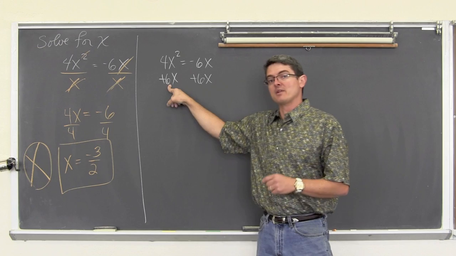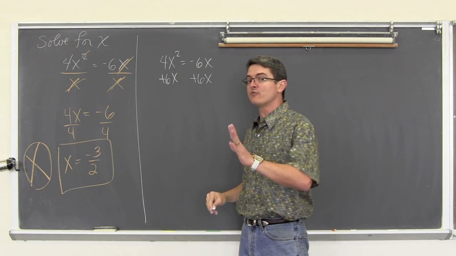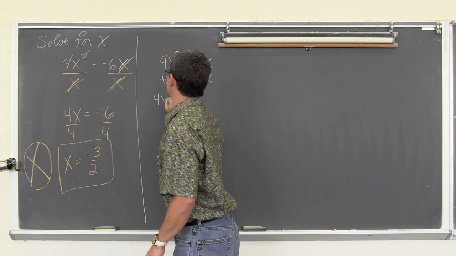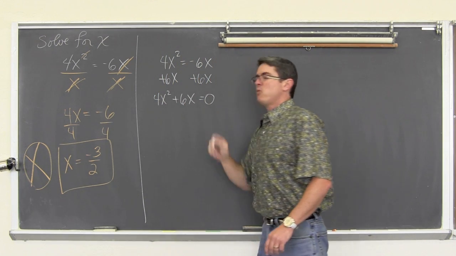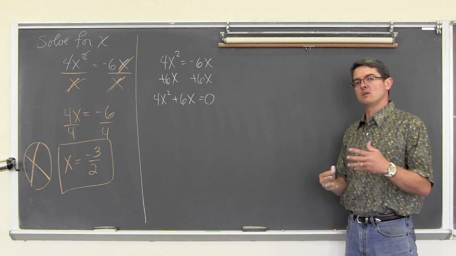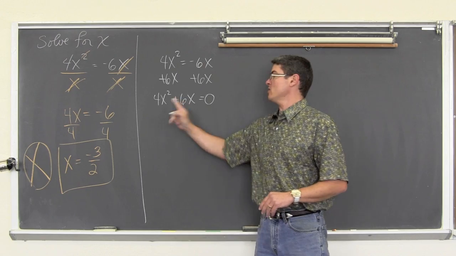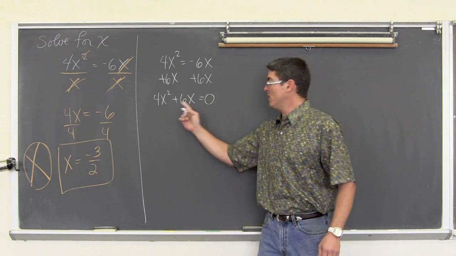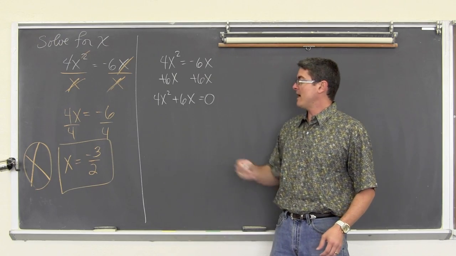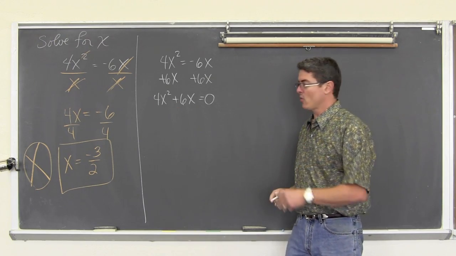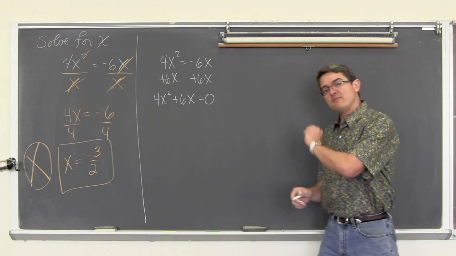We're going to remember that these are not like terms. This has an exponent of 2. This has an exponent of 1. So we're not going to do 4 plus 6 is 10. Now at this point, you have 2 ways to solve this. Honestly, the quickest way is by factoring. These 2 terms both have a common factor. These both have an x, and for that matter, they both have a value of 2 in them as well. But I'm going to leave the 4 and 6 alone and recognize that these 2 terms both have an x in them. So I'm going to factor that x out.